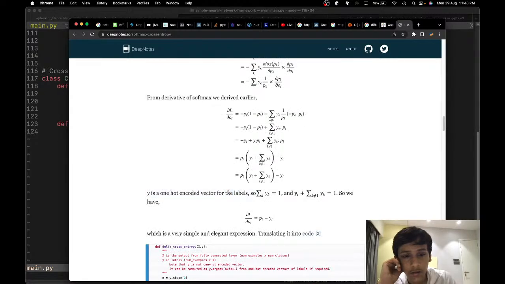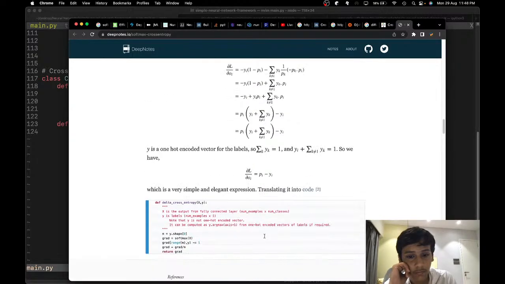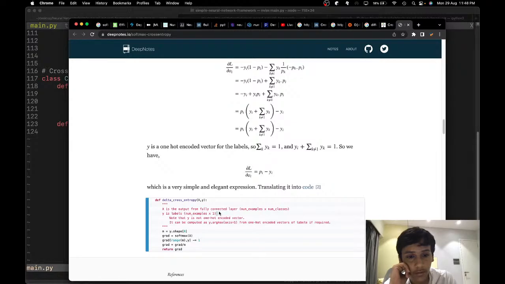So y is a one hot encoded vector for labels. So yk is 1 and yi plus that is 1. So we have pi minus yi. So x is the output, grad is that. It can be computed as, note that y is not a one hot encoded vector. We find the grad, we do that. If it is just pi minus yi,